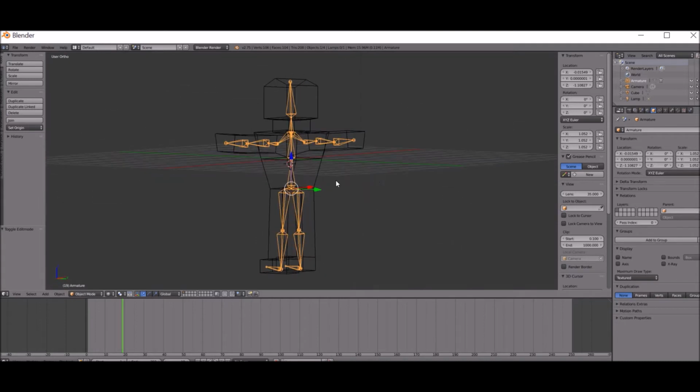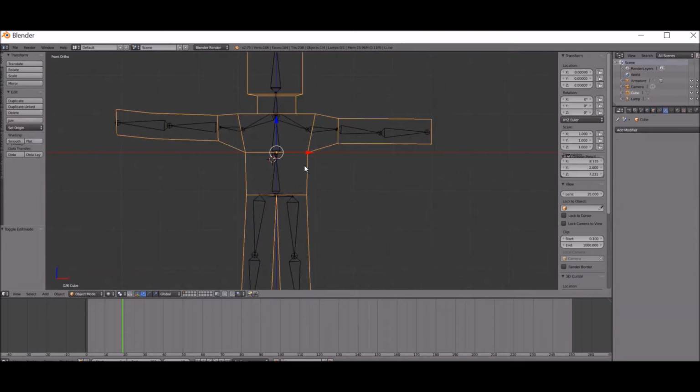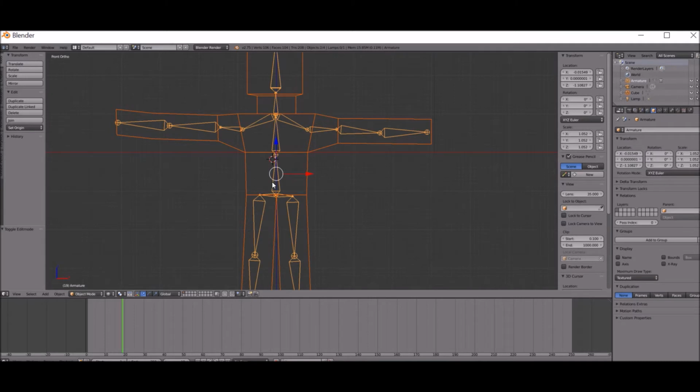Okay, so the next thing you're going to want to do is select your character, then select the bones, and then press Control P, so Control P at the same time. And then choose With Automatic Weights. And once you click that,